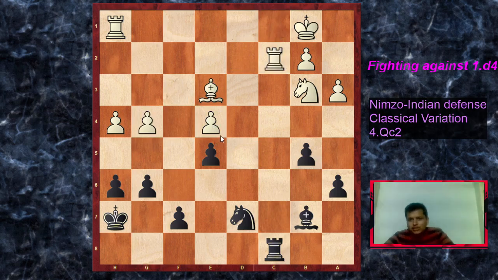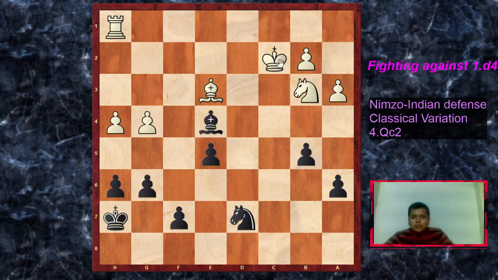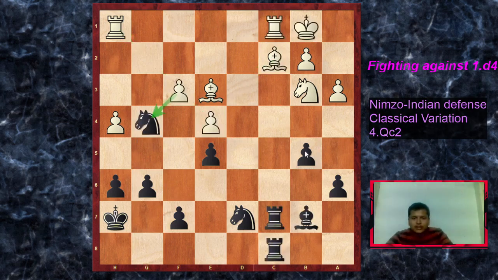And after rook takes c2, just capturing the rook at once. And after king takes c2, bishop takes e4, it's a bishop fork. And black wins a pawn here and has a winning endgame. So that's the reason, after this nice tactic, knight takes g4, Lubuevitch just retreated the bishop, and now Kramnik is